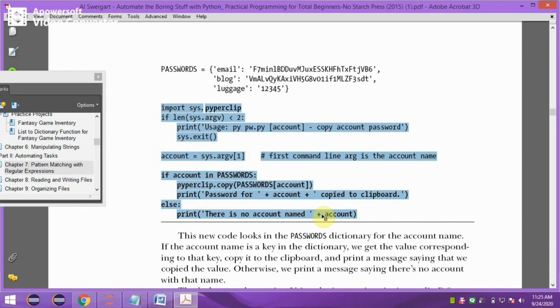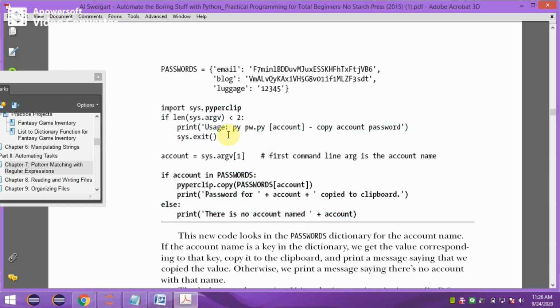I am going to show you different steps of execution of this program also. If you write a small code like this, then you can manage your passwords easily. This program can be executed in the command line. Command line execution of the program is nothing but giving the program name in the prompt with the argument.